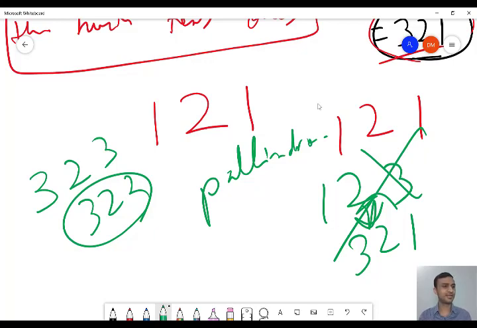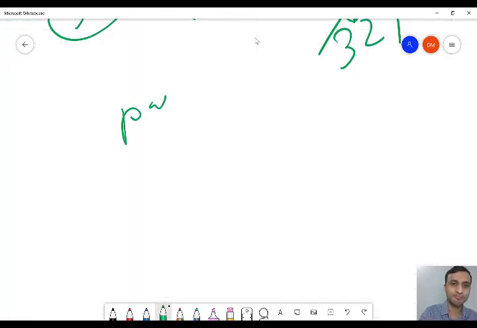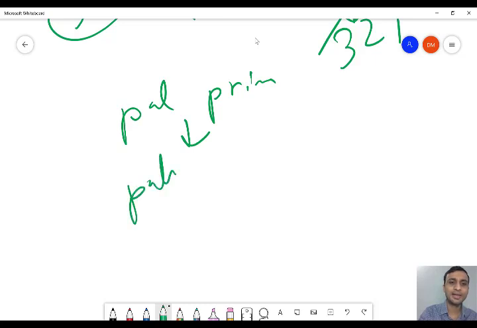So question number 29 asks you to input an integer number and check whether it is palprime or not. So what is actually palprime? You know both the things. Palprime is nothing but palindrome and prime.